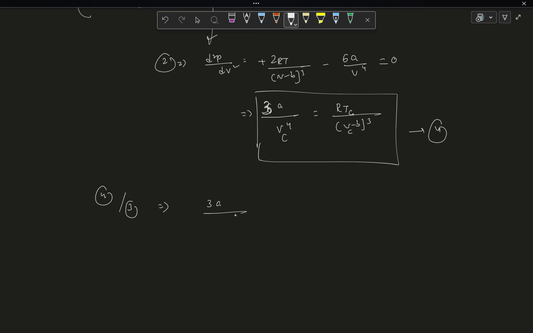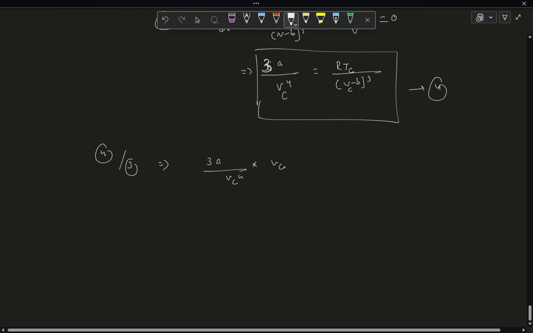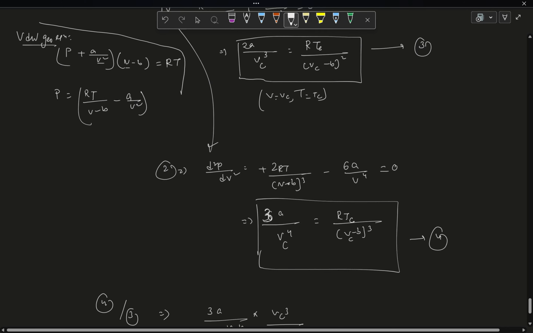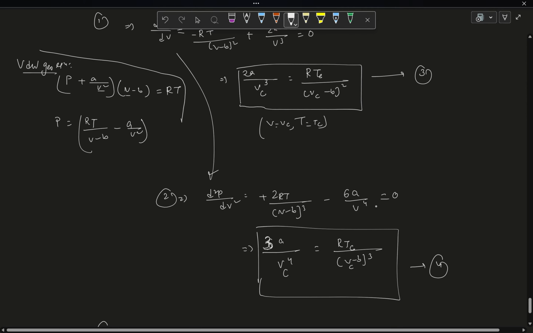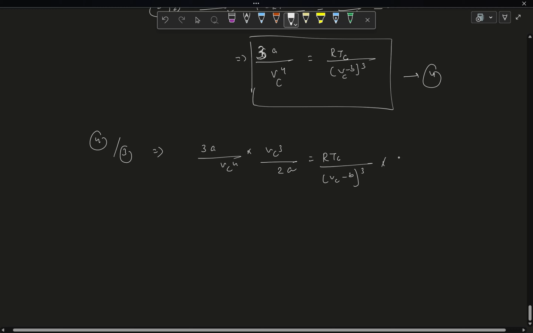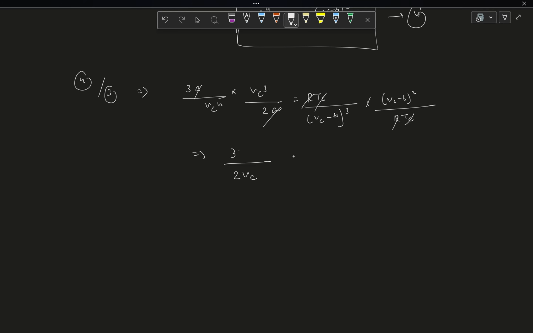Then you have 3a by Vc to the power 4 into Vc to the power 3 by 2a is equal to RTc by Vc minus b whole cube into Vc minus b whole square by RTc. So these and these cancel out, a and a cancel out. So this is 3 by 2 times Vc is equal to